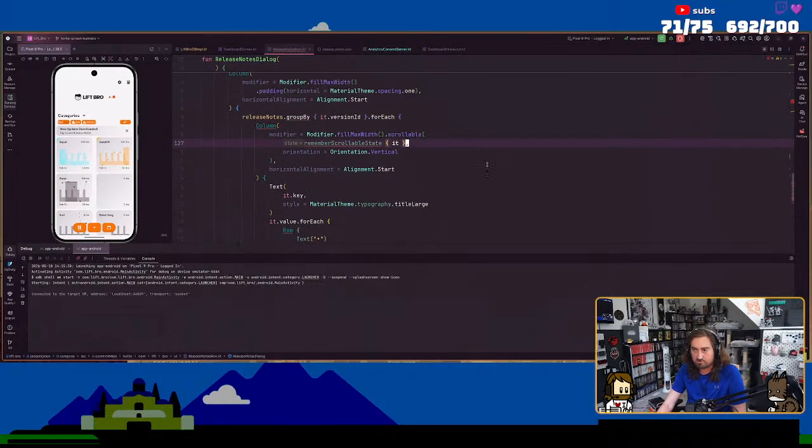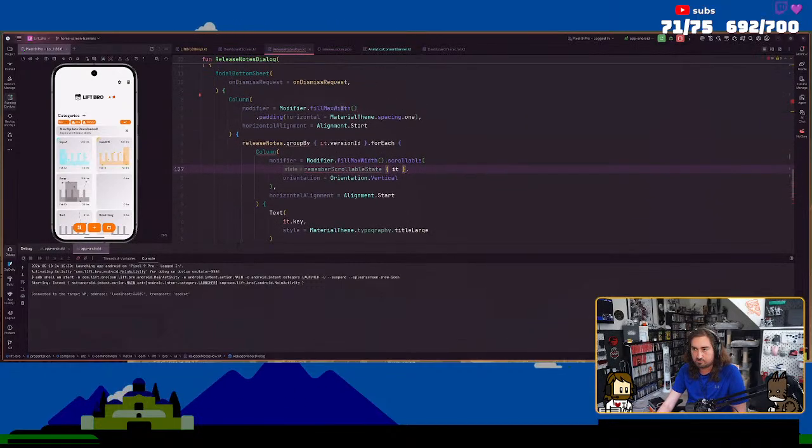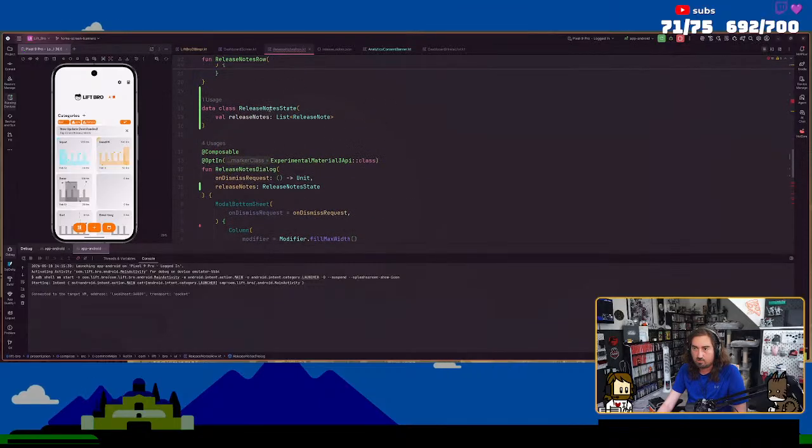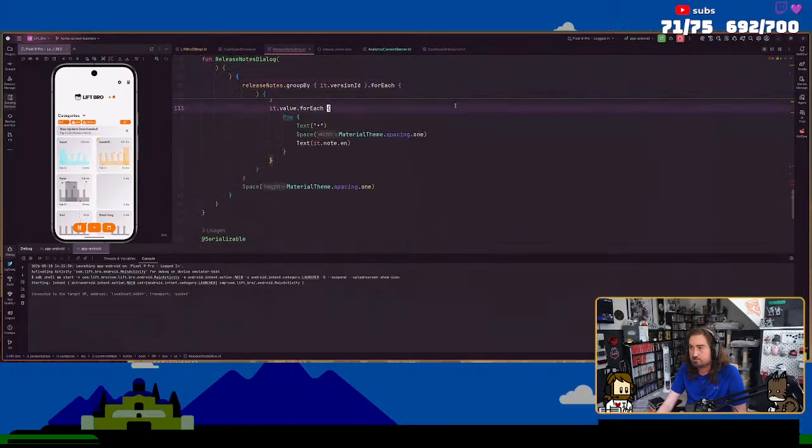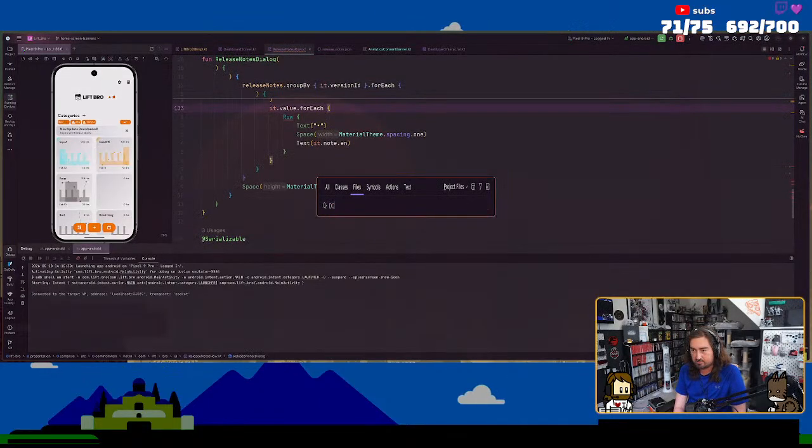And now what I want to do is actually go into, oh wait, no. Yeah, I can, what am I doing? What am I doing? So I go back into the dashboard carousels, dashboard screen carousel.